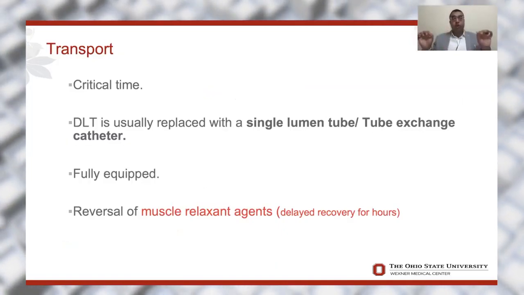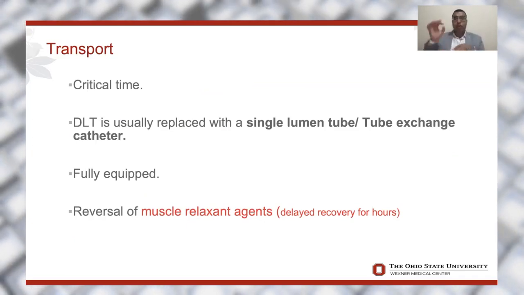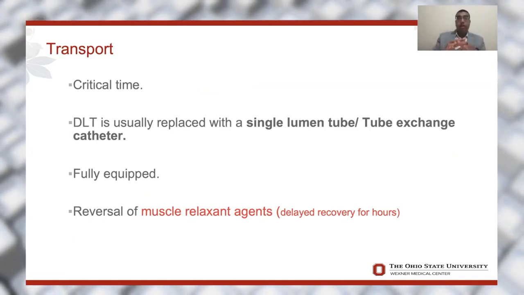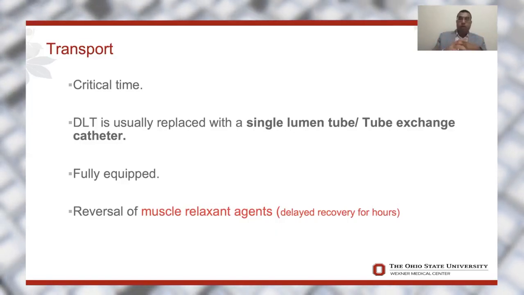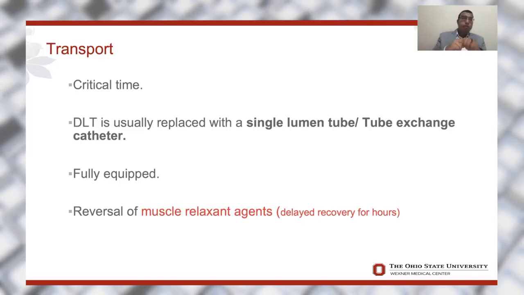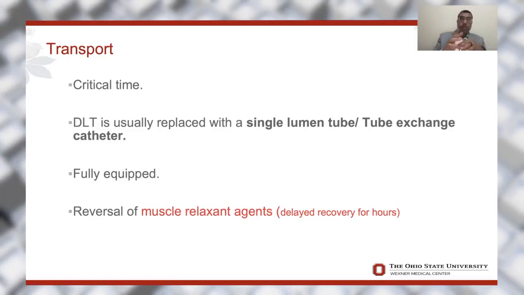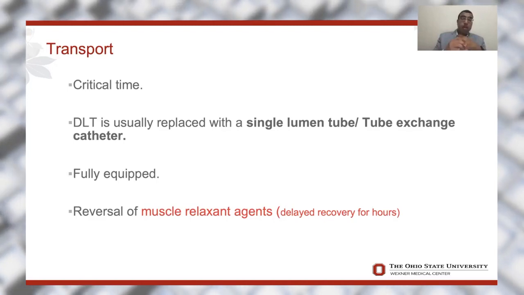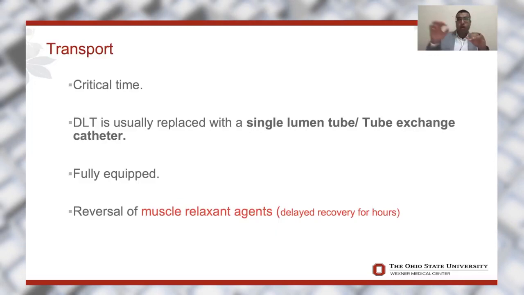The protocol says that please change or replace the double lumen tube with a single lumen tube through a tube exchange catheter. The consultant said it's easy intubation. I will make the resident put the tube without the tube exchange catheter. He put it esophageal and the patient developed a hypoxic cardiac arrest. It's not cardiac arrest, but developed hypoxia up to slowing of the heart rate.